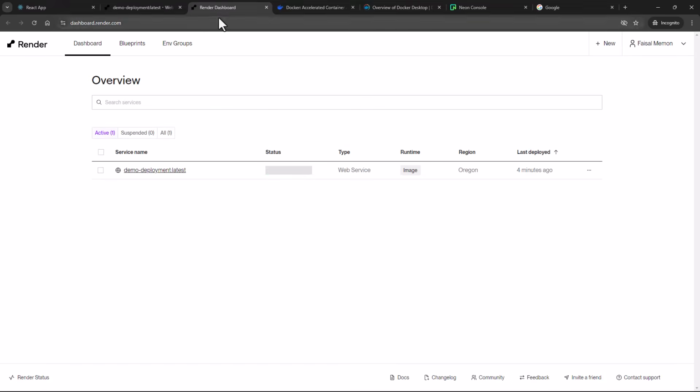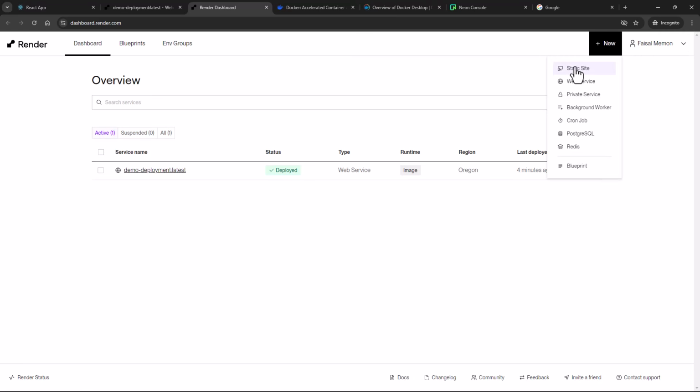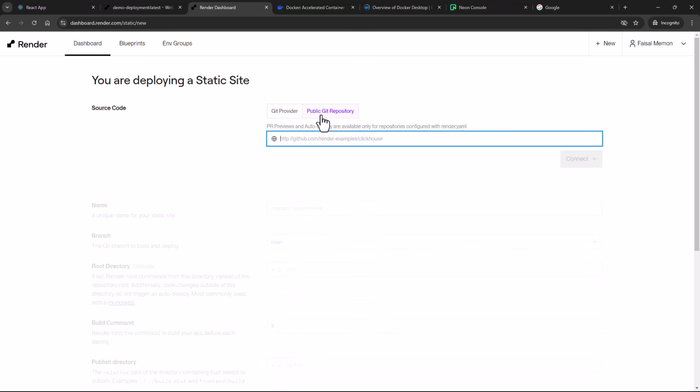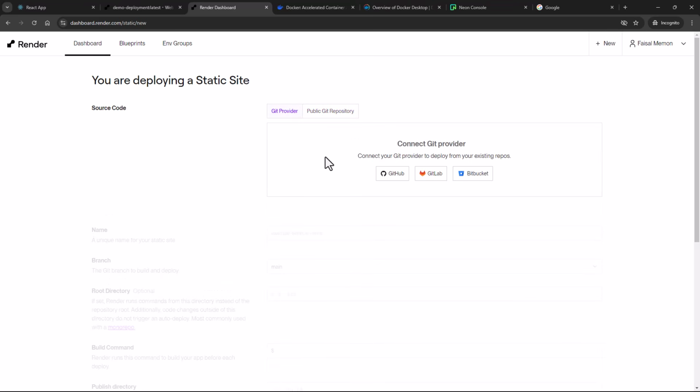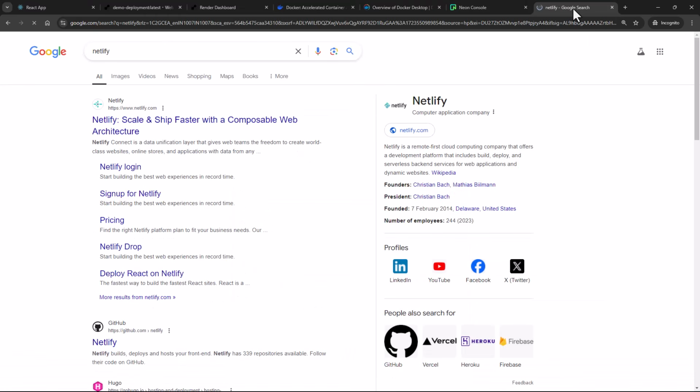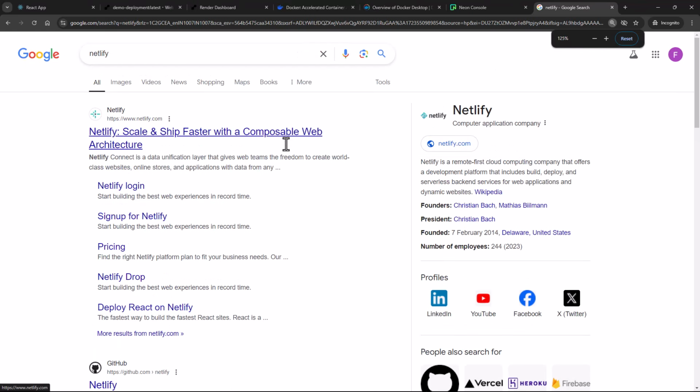on Render also. So here on Render, if you come to the Render homepage, dashboard.render.com, you'll see this new option over here on the top right. So you can create a new static site. You can deploy it from GitHub, GitLab, or Bitbucket, or you can even deploy a public Git repository. But I don't want to host my changes on GitHub, so I'll make use of something called Netlify. Netlify is a service that enables you to host your front end,